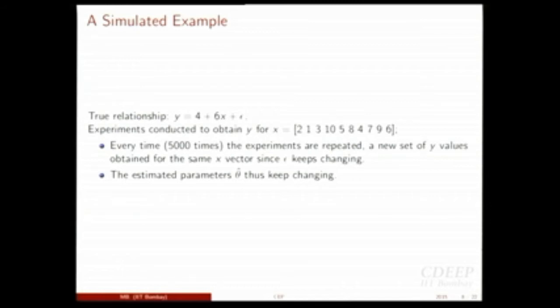You don't know the true intercept and slope, but you have estimates of them. The error term you don't know, but it's zero mean, so you assume it will be 0. You can say my prediction will be my estimated intercept plus estimated slope times x0. That's my predicted value, and that's called an individual prediction.